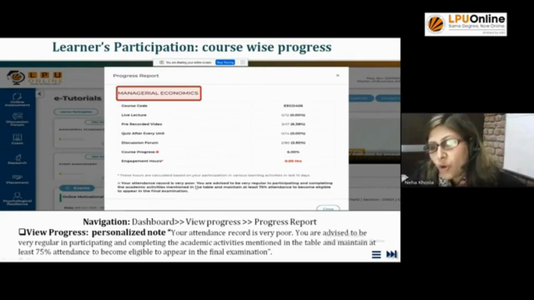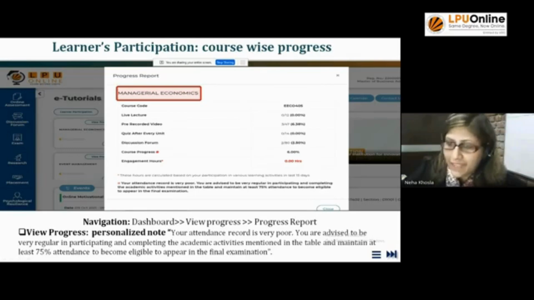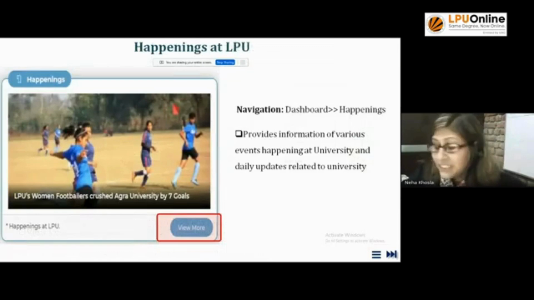इसका पर्पस क्या है कि जो भी आपकी अटेंडेंस या स्कोर चल रहा है उसके बेसिस पे सिस्टम यहाँ पे ऑटो मैसेजेस बताएगा कि आपका क्या स्टेटस है। जैसे कि यहाँ वो बता रहा है, योर अटेंडेंस रिकॉर्ड इज वेरी पुअर, यू आर एडवाइज्ड टू बी वेरी रेगुलर इन पार्टिसिपेटिंग। तो आपको रेगुलरली पार्टिसिपेट करना पड़ेगा, राइट। तो वो आपको गाइड करता रहेगा कि आपका स्टेटस क्या है, तो थोड़ा एक्टिविटीज में पार्टिसिपेट जरूर करिए।